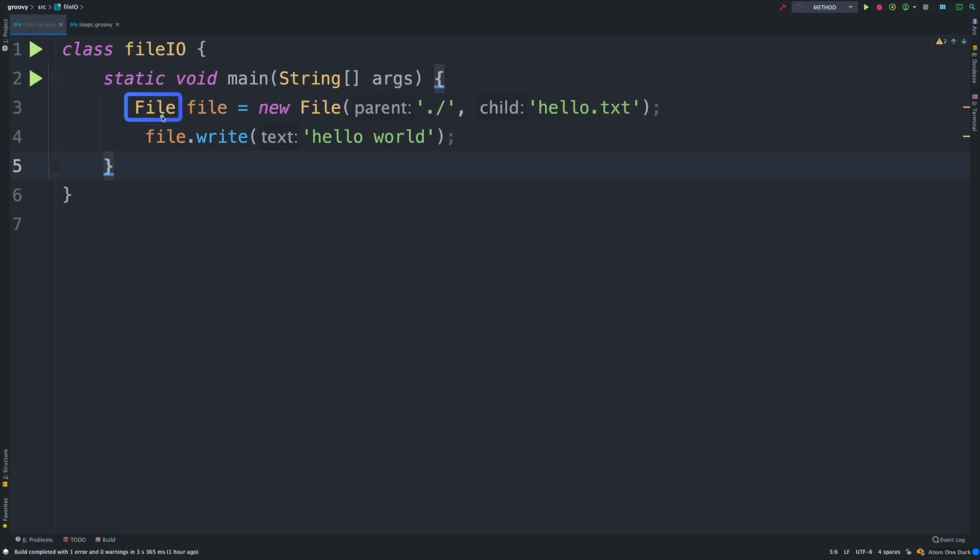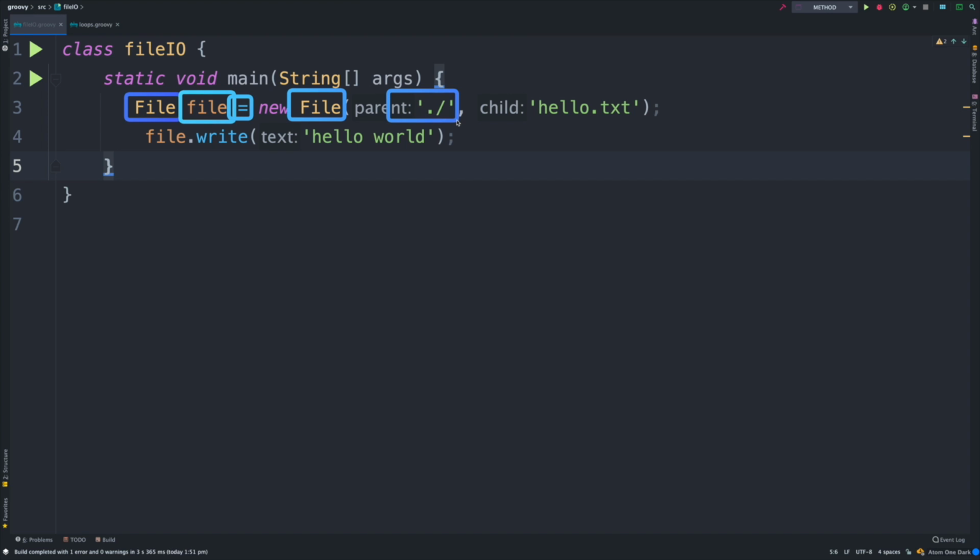So we got a file, and this is a type that we're defining for this variable file. And we're saying, okay, I'm going to use the assignment operator, and then I'm going to use this new keyword, which will help me to create a new object from file. Then this is basically a new instance of the file. This will require a few things. We've already seen that, but I'm just simply defining here a path.